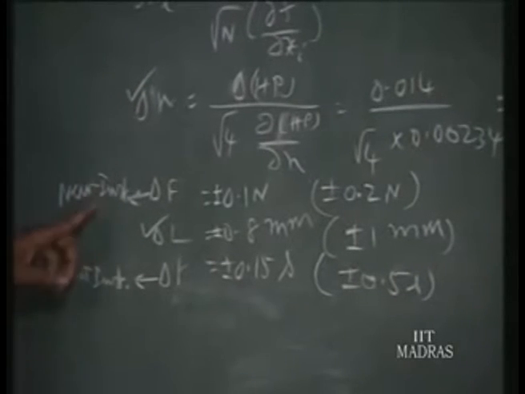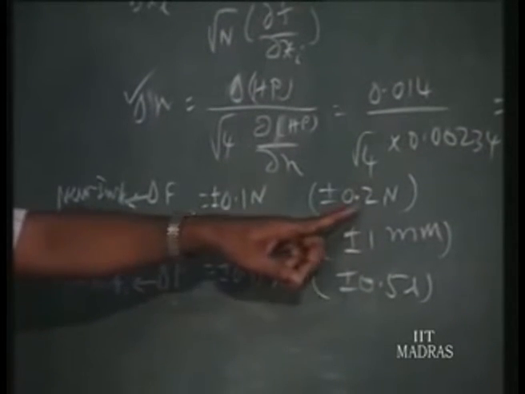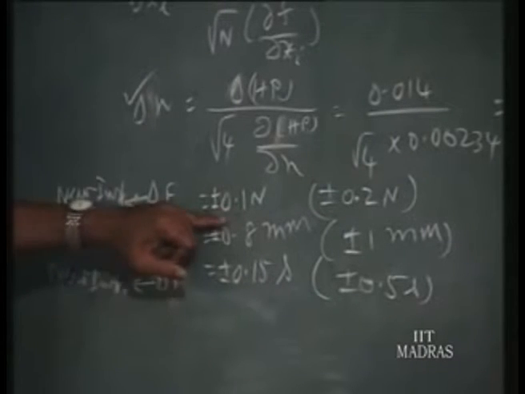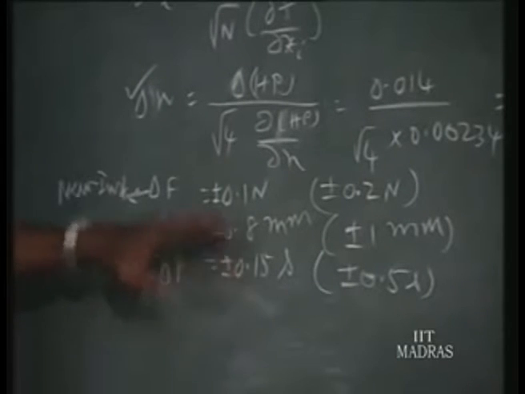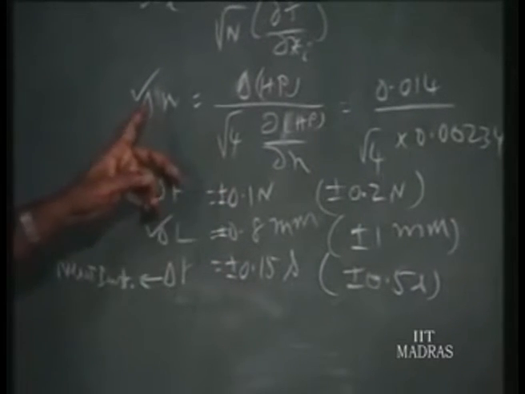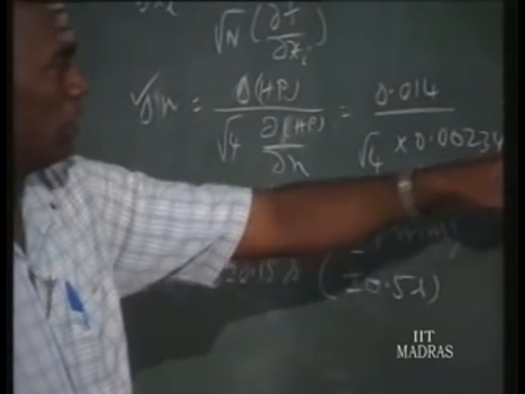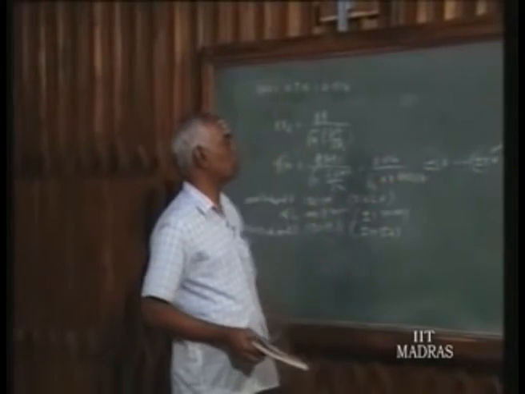Suppose when you select a new instrument, you are not able to get 0.2 Newton, only 0.2 is there, an instrument with that much inaccuracy, a finer instrument is not there, and here also we don't get it, only a little rougher one is there. We can use those instruments, because for the rotation we have already got one finer instrument than is required.